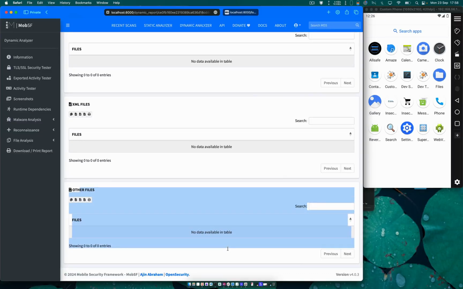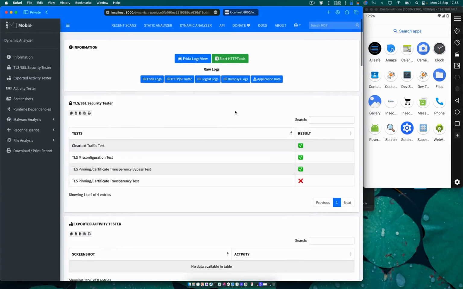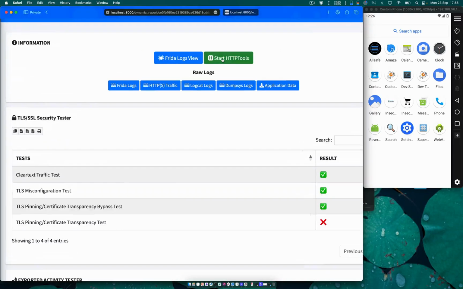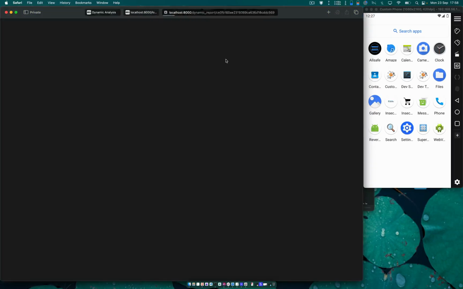This information is not displayed over here because all of it will be visible in static analysis. Our main focus now is to intercept all the HTTP or HTTPS based traffic which was initiated during our dynamic analysis activity. So for that, I'm going to click on this green button,